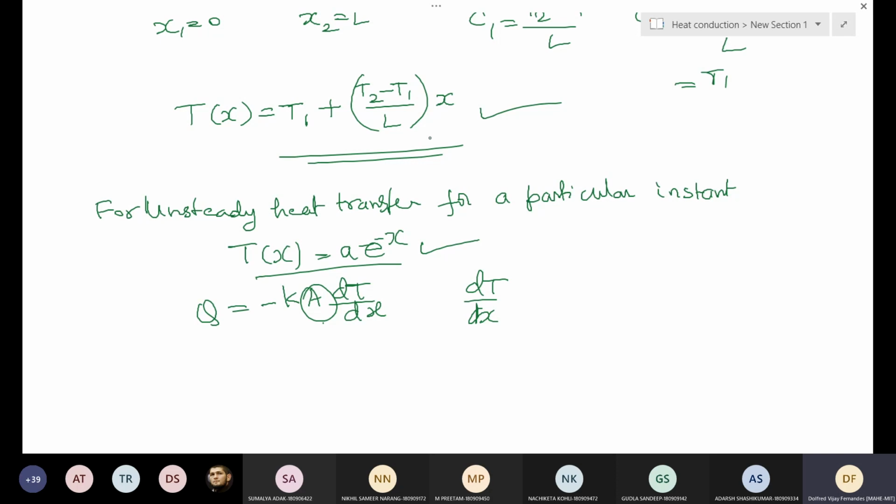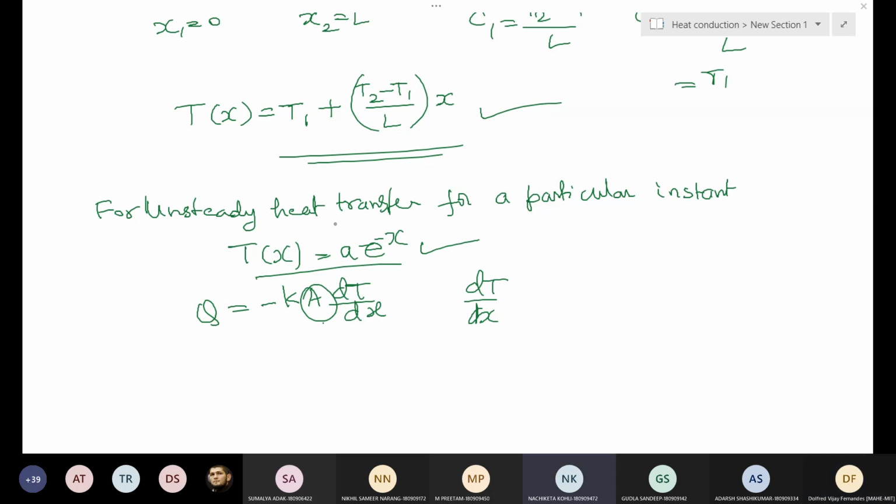But for unsteady, the temperature profile can be complex. For any particular time instant, we can say that the temperature distribution in the wall is like this. Tell me what is the heat transfer rate at the left side, at the middle of the wall, at the right side, by giving you a particular location. We can ask those types of questions. Yes. So we'll move on to the next, the cylindrical walls. What is A in that equation?